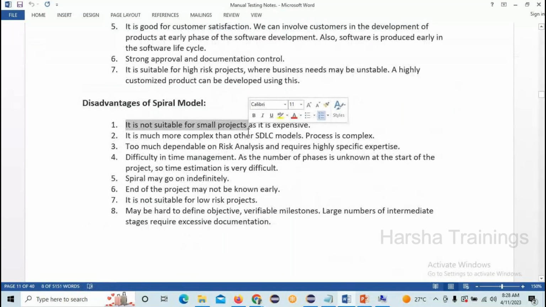If it is a big project, then it's fine, you should do the proper testing, right? So as it is expensive if it is a small project, and it is much more complex than other SDLC